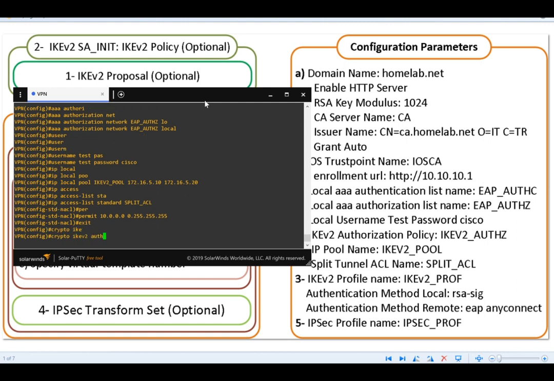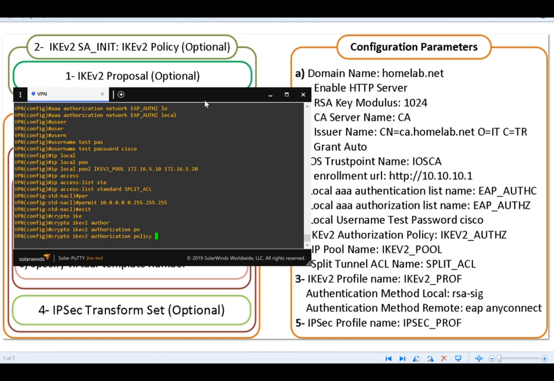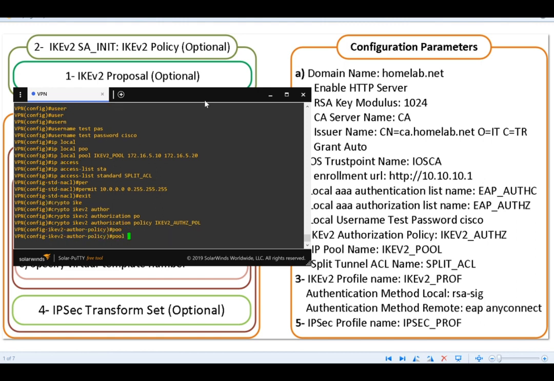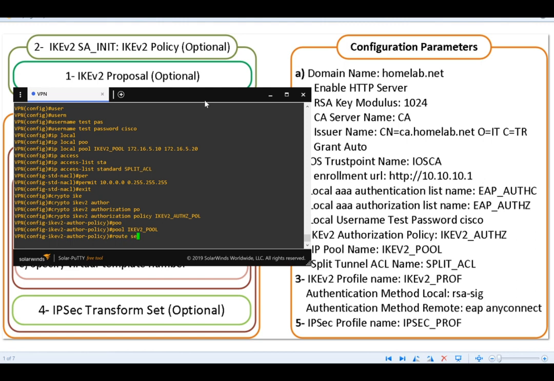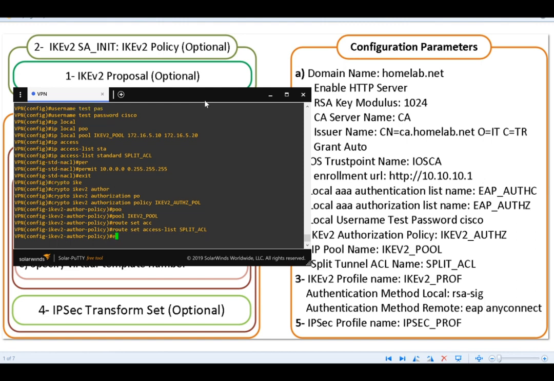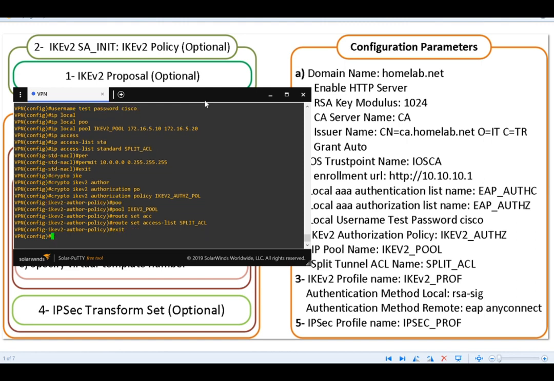Crypto ikev2 authorization policy with the name of IKEv2_auth_z_pol for policy. Pool IKEv2_pool and route set access-list with the name of the ACL, split_ACL. The authorization policy for IKEv2 created. Now let's create the IKEv2 profile